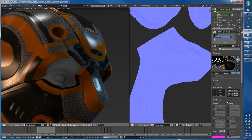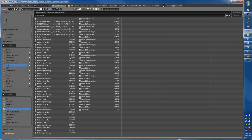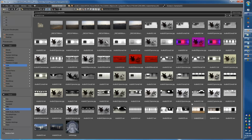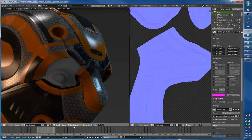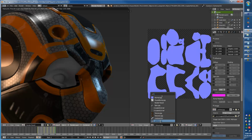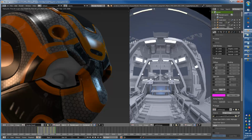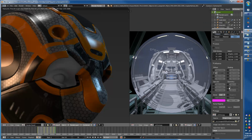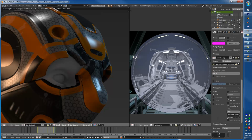Alright, let's go to reflection, and we're going to bring it up a little bit, but also we're going to go ahead and just change out the image. This one I've been using for a moment, and that one's actually my favorite one, but there's other ones here. Here is actually one of a sci-fi scene I did where I rendered a sphere in the scene. In fact, if we look at it, this is a sphere in the middle of the scene rendered to look like this. So if I take this and apply it to the